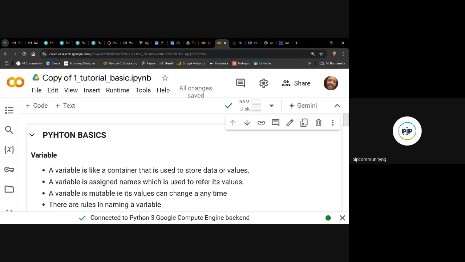Okay. Now, there are rules for naming variables, and before I highlight some of the rules, I would like some inputs from you guys to give me feedback on the assignments you guys